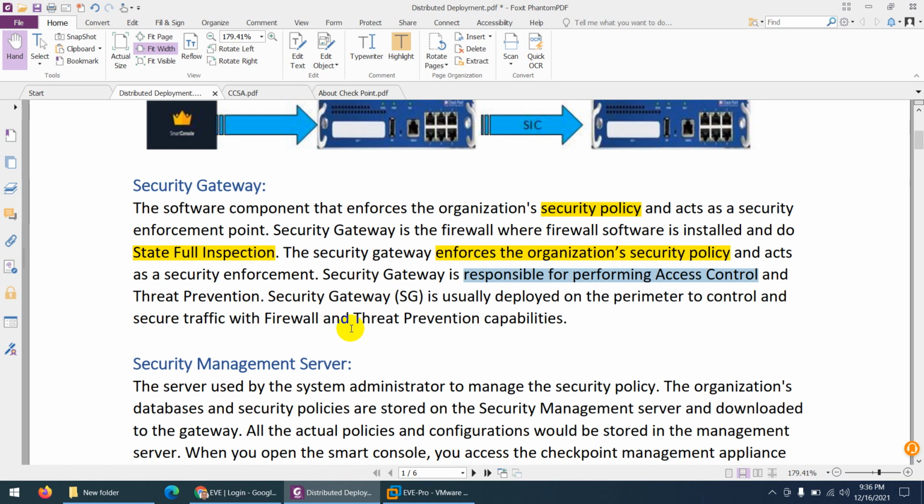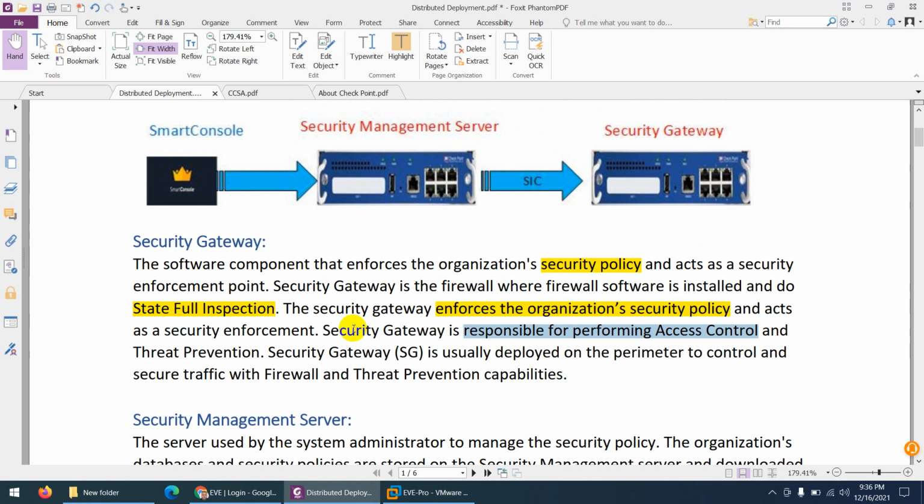Normally when we install them on the edge, we call them perimeter, and when we install them inside, we call them data center firewall. So this security gateway is just like a Palo Alto or FortiGate firewall, where security policy, stateful inspection, access lists, and all those things can be done.